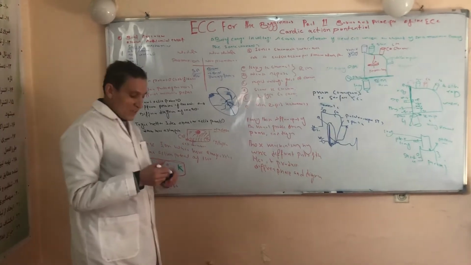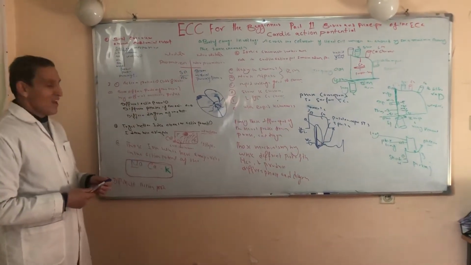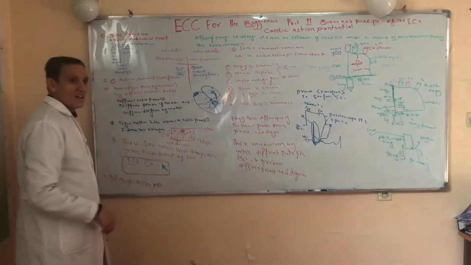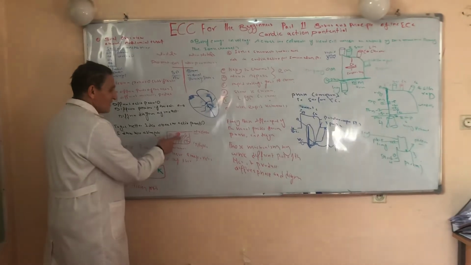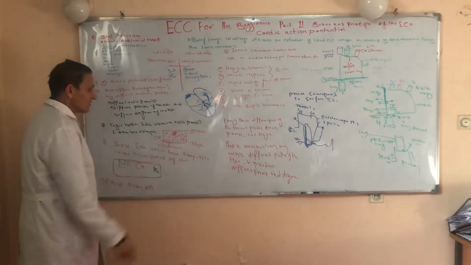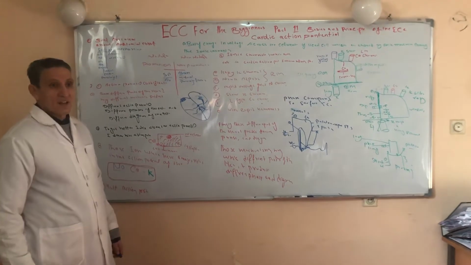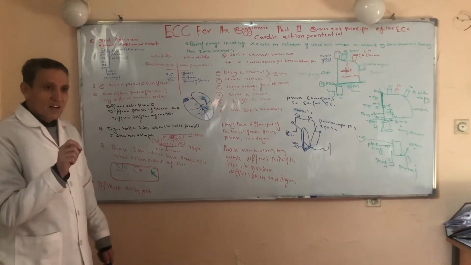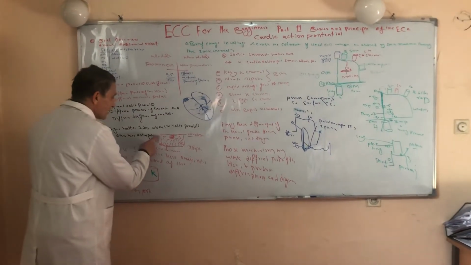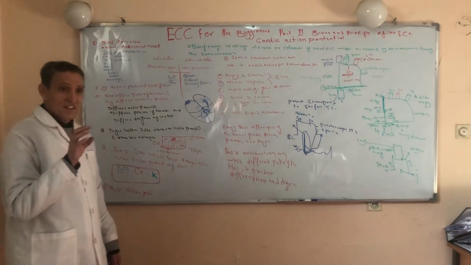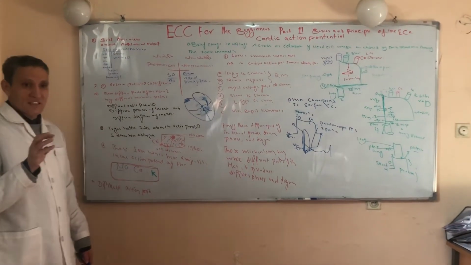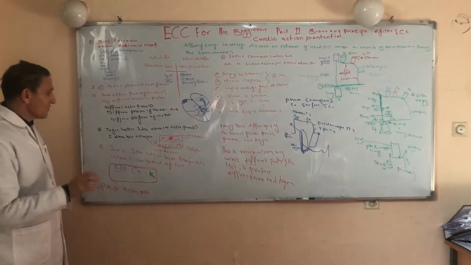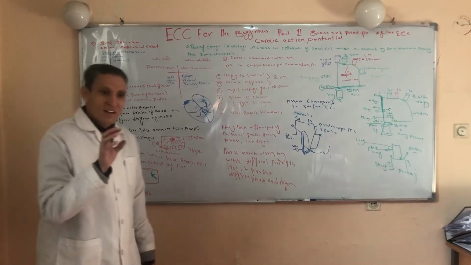To get a better idea about the cardiac action potential, first of all, I draw here a simple picture of the cell. As you know, every cell is made from three parts: number one is the nucleus, the second is the cytoplasm, and the third one is the cell membrane. Our business is with the cell membrane. This cell membrane is made from lipids and proteins, and it is embedded with different channels, for example, ionic channels, enzymes, proteins, and transporting systems. These ionic channels are made from proteins.